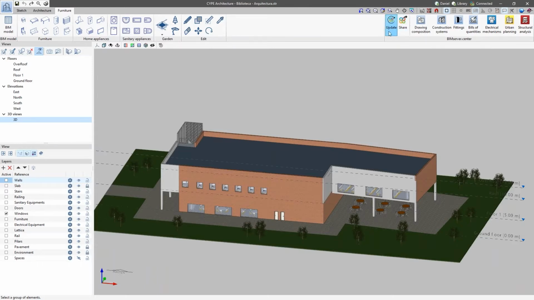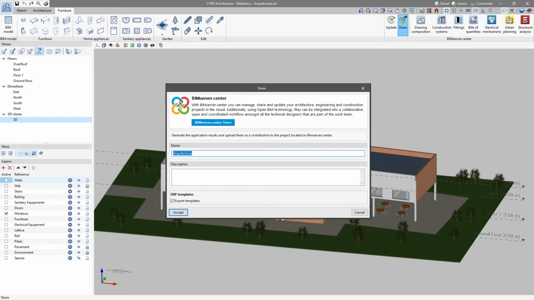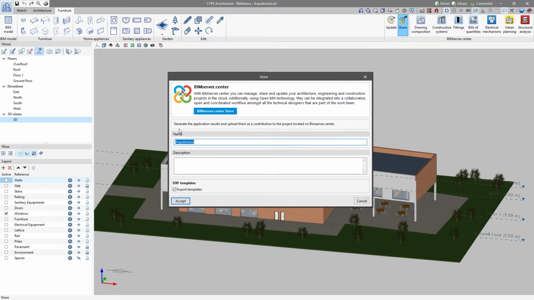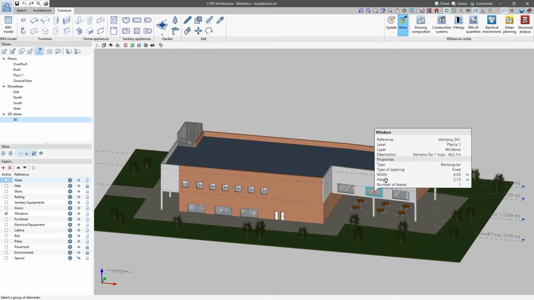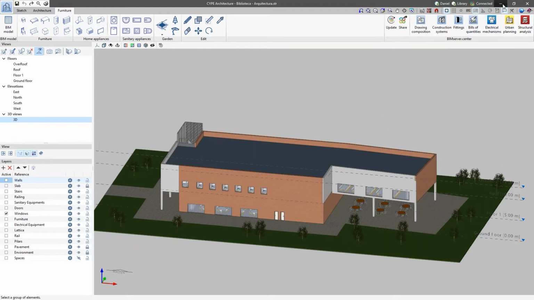As you can see here, we have 2 buttons that are common to every software that we have in CYPE. The most important probably is going to be the share one, that allowed us to export this file into the BIMserver.center and have this file attached to a project into the BIMserver.center. So when we click on accept, automatically we will export this architectural model into the BIMserver.center. I'm not going to do that because I already have this file uploaded into the BIMserver.center,